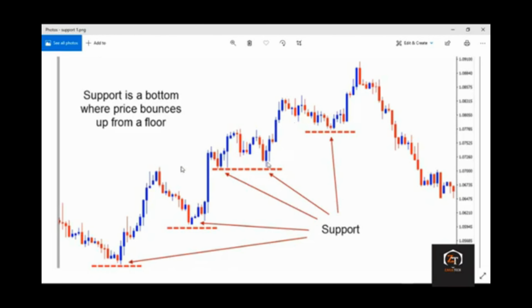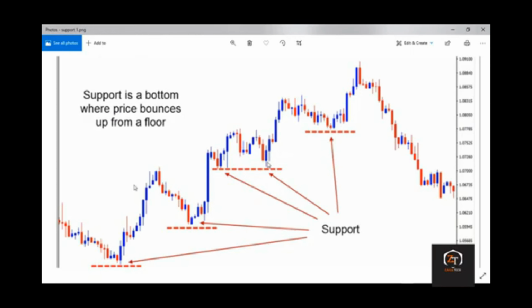Support is essentially a bottom the market makes. You understand? Looking at this image on my screen, these marked-off lines are kind of support. It's a place where price comes down, bounces up, comes down, bounces up. When you throw a football up, it bounces on the ground and goes up again. It may bounce on a stone or a wall, and continues to bounce until the motion begins to reduce.